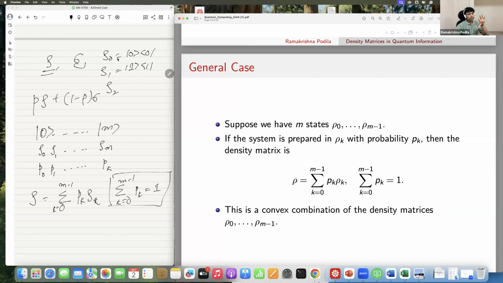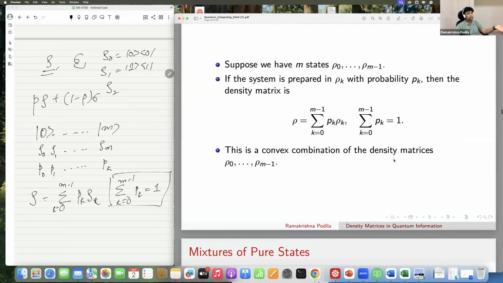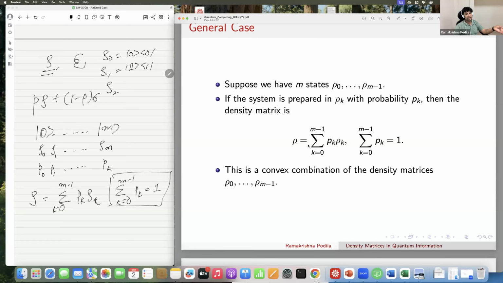So this rho basically behaves like a mixed state density matrix, isn't it? I do not want to talk about the mixed state density yet because we will come to that. We will see that it has a very specific definition of what a mixed state density is. So all we are saying is whatever m states I have, I can combine them in a convex way. But we cannot make a general statement that this rho must be a mixed state or not, right? For example, I can do 1 over square root 2 times 0 plus 1,